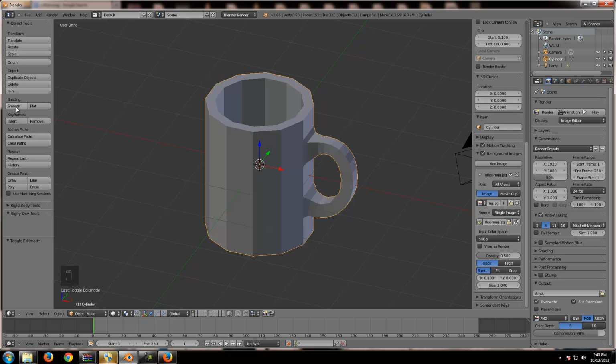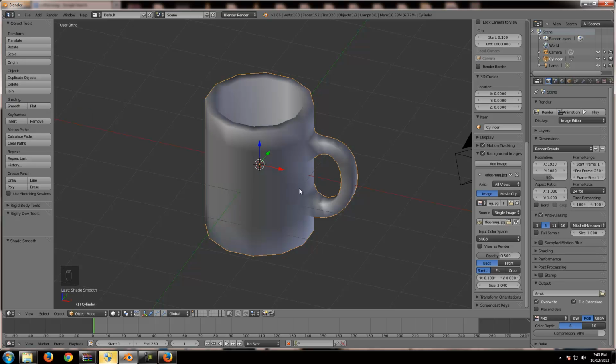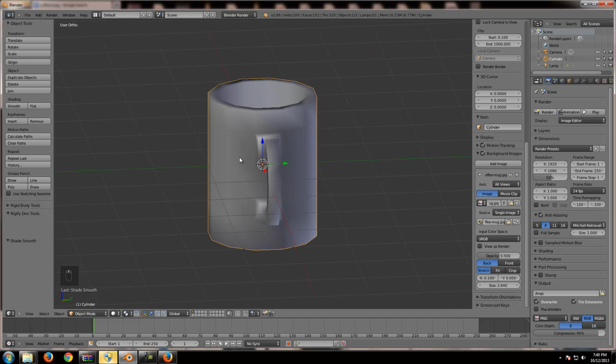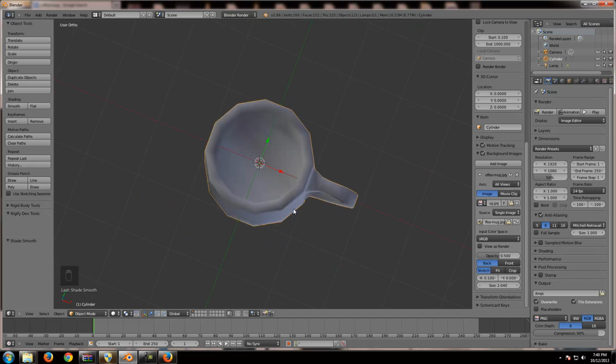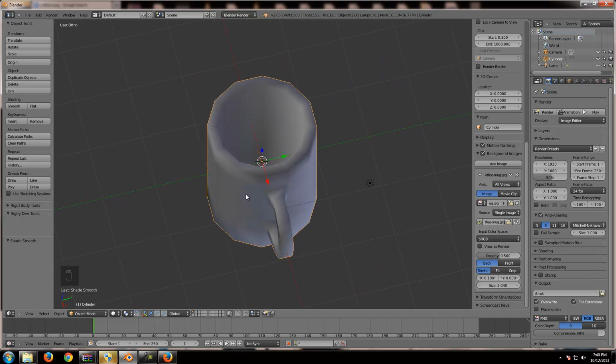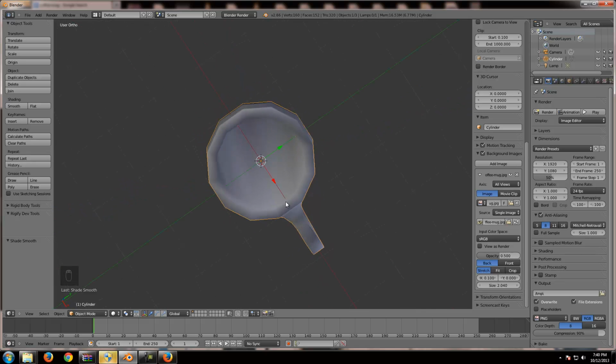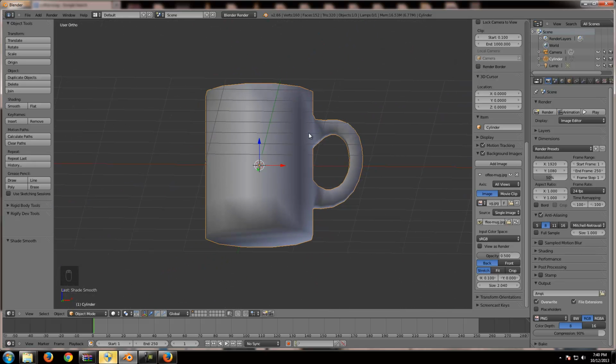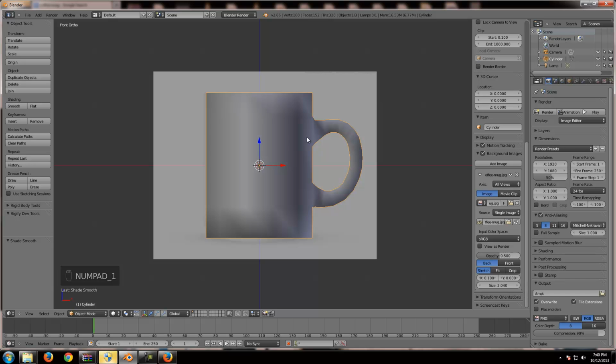And over here on the left side panel, there's an option that says shading. And if you click the smooth button, you'll get this slightly smoother shading, but it still doesn't look really good. It still looks pretty awful. And it kind of looks worse from a certain standpoint. But that's the first step of making this look realistic. Now, the second step here,